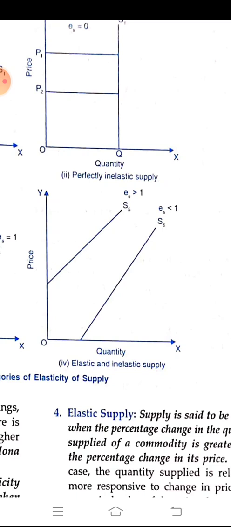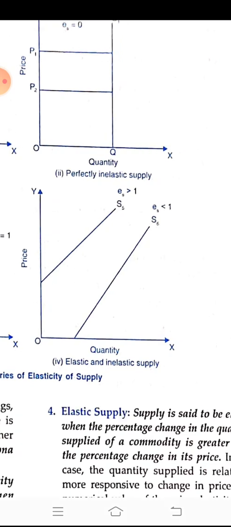They are saying here that, in fact, any straight line supply curve that cuts the y-axis has elastic supply all through. Throughout, they have elastic supply if the line is intersecting the y-axis, that is S5. And S6, you can see, is coming and touching the x-axis, so we will say this is an inelastic supply.